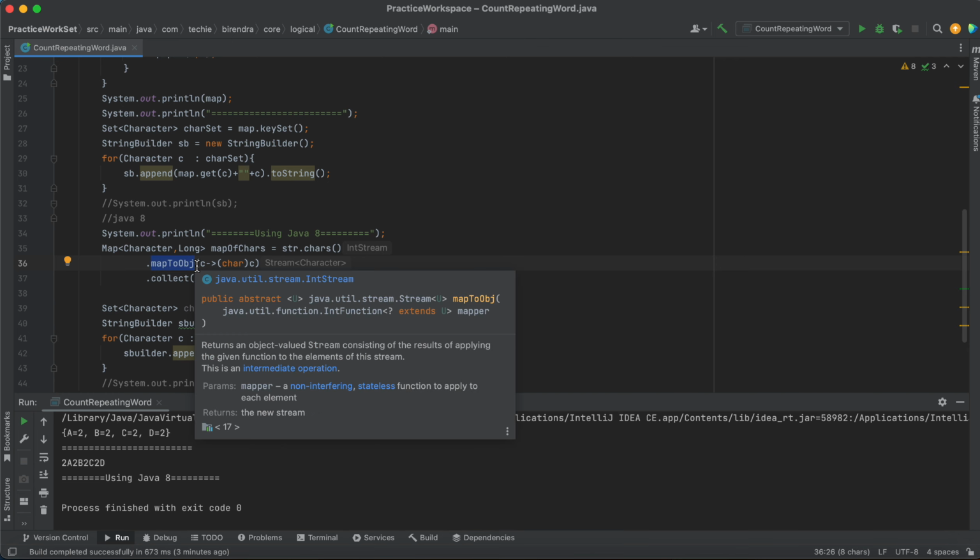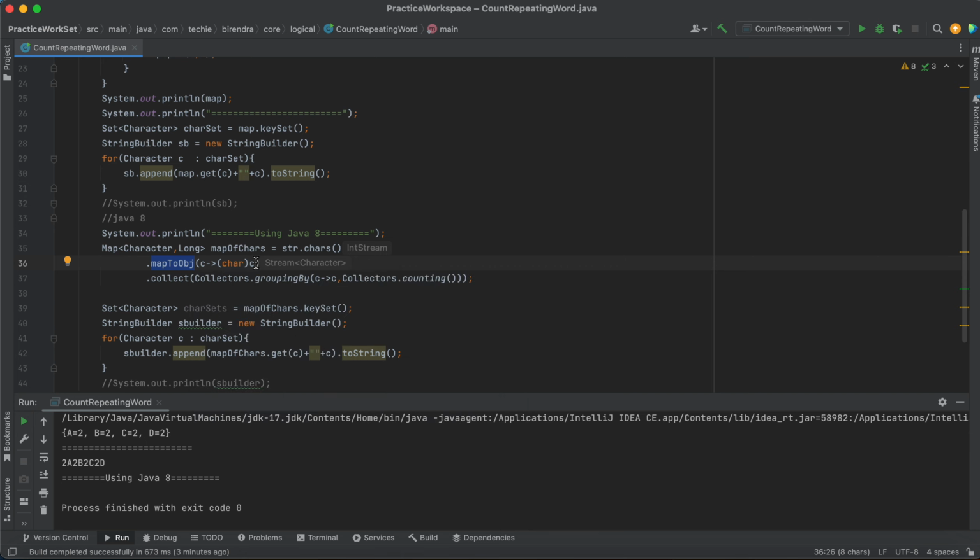We are mapping each particular thing to a Character, so each character we are storing, and it will be stored as a stream of Character, right? Now since we have a stream of characters, we have these terminal operations like collect, but inside this collect function we are using